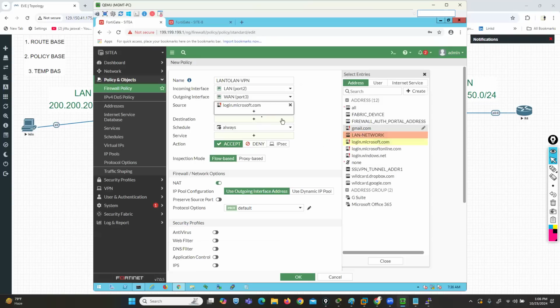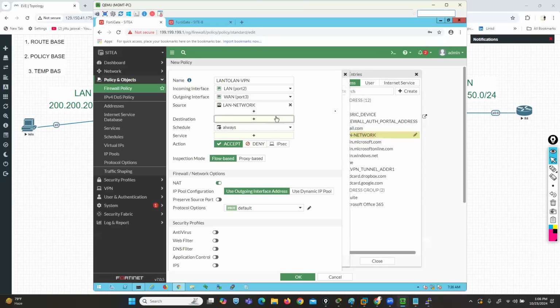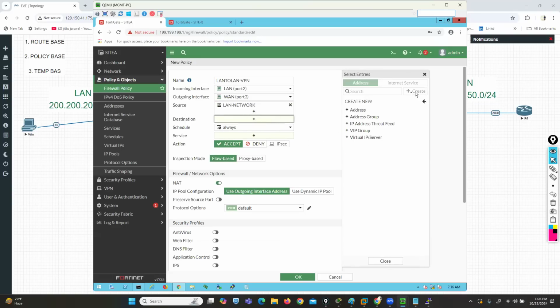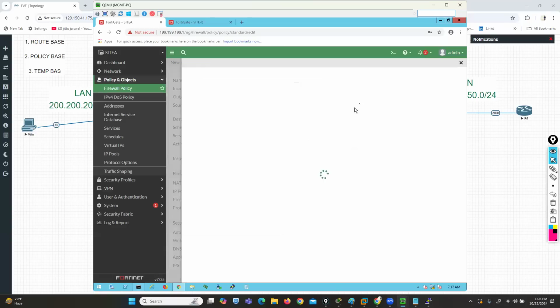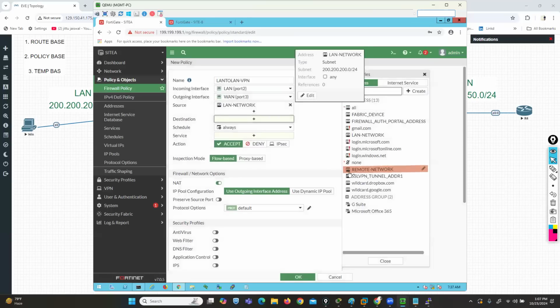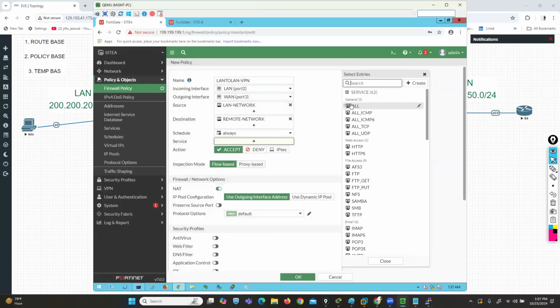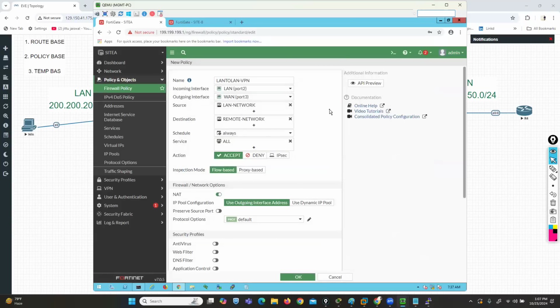So this LAN network is trying to communicate with this particular destination, trying to access a particular destination. Remote network, its object name is remote, and it is 192.168.50.0/24. So if this LAN site network is trying to go to this particular destination to access any services, in action,